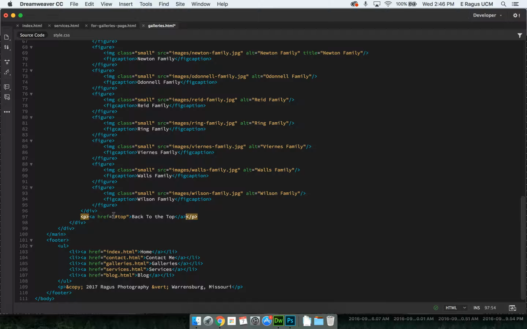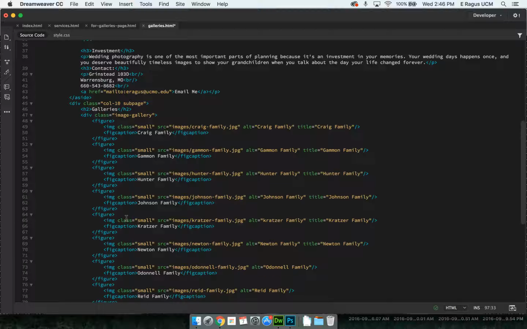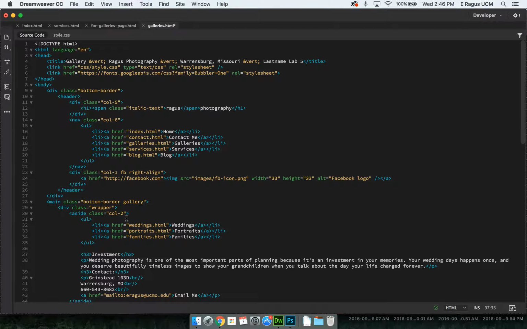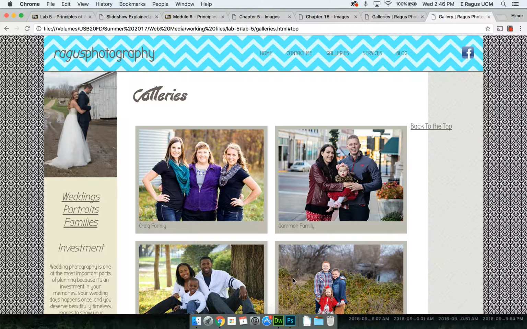Now I just need to apply this ID to another element within the same page. Since this is supposed to be for taking it to the top, I will do just that. I will look for the element at the very top. That would be this div right after the opening body tag. I'll put in ID and then top. I didn't have to put in the hashtag because we already said ID. We'll save that. And now when I refresh my page, well, it ended up being right close to the top,